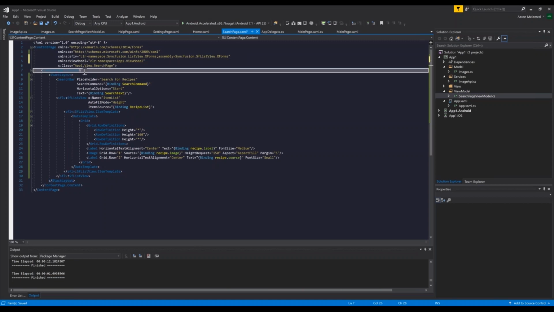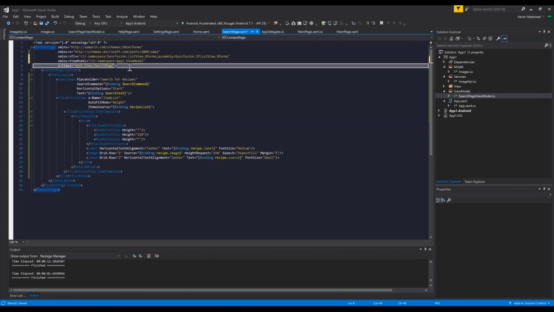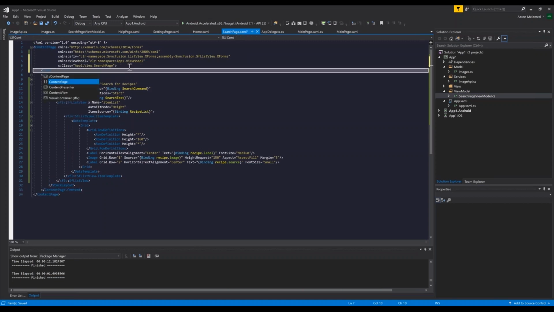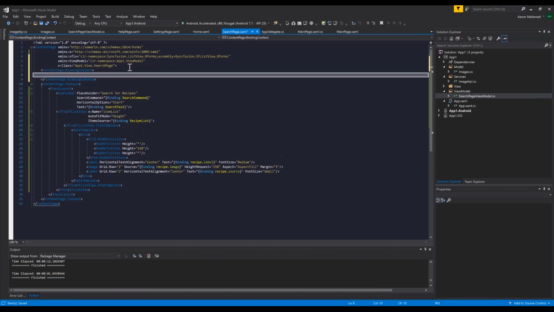And then after that, inside of your content page, you would call that up and then get its binding context and set that to your view model. This was search page view model. This is all well and good if you're dealing with the entire page, but with the